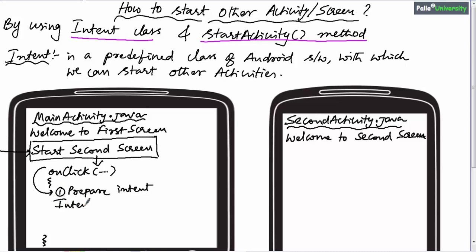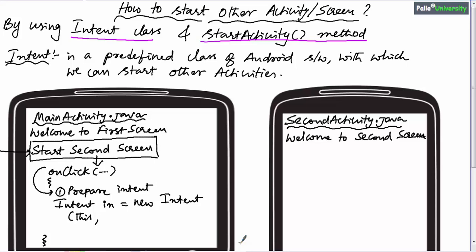Intent in equal to, just like how you declare an integer variable, int i, similarly Intent in equal to. We will create an object for the Intent class, new Intent. This Intent class constructor will take two parameters. The first parameter is this. The second parameter is the .class file of your target screen.